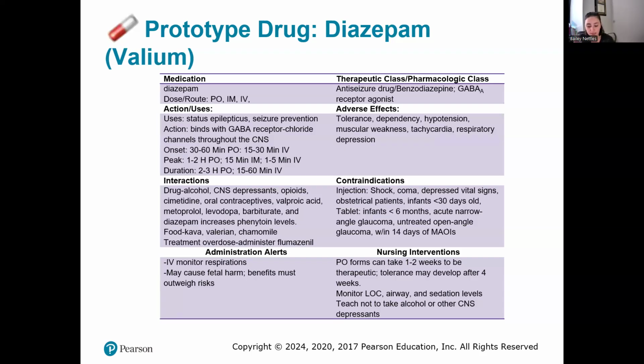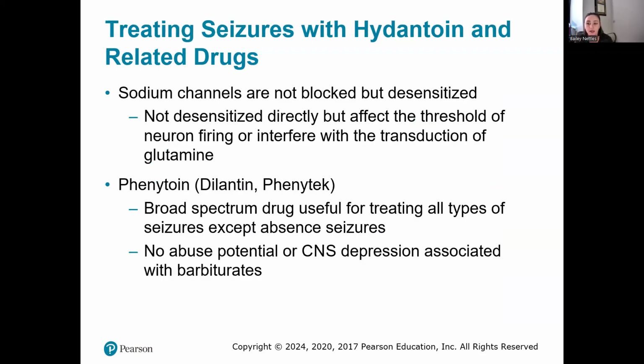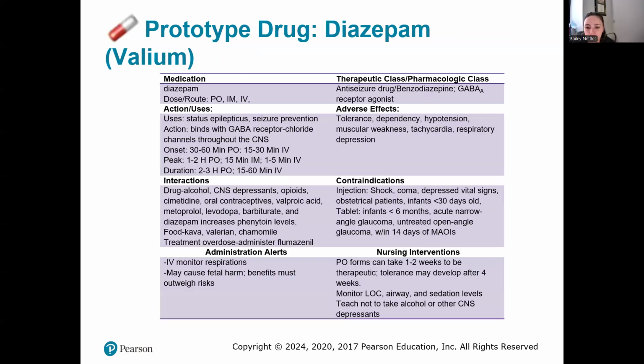All right. But this is our go-to for status epilepticus as well. Okay. I'm going to have to look up the qualifications for status epilepticus, because I don't think it's 30 minutes. I think it's shorter than that. But hold on, maybe it's on here. I'll get back to you.